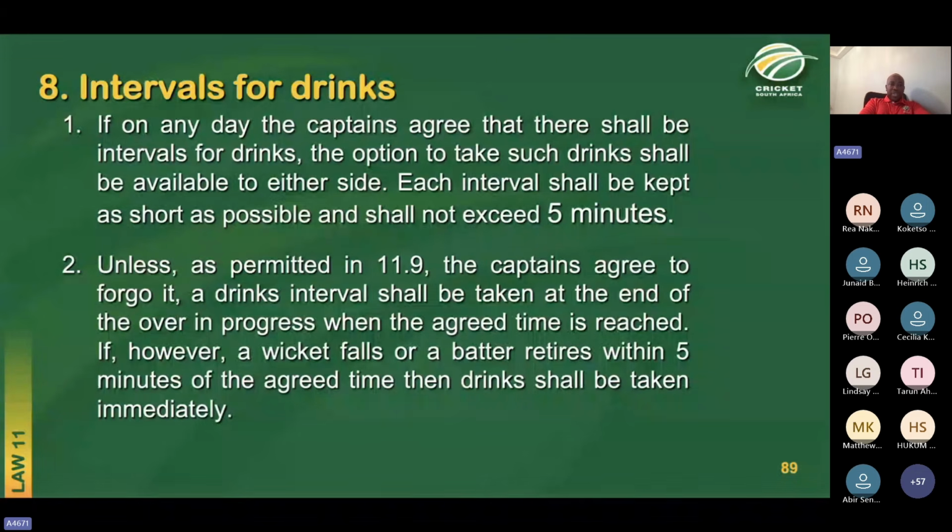Unless the captains agree to forego drinks, a drinks interval shall be taken at the end of the over in progress when the agreed time is reached. So I mentioned to you that our test match sessions are 2 hours long, and halfway through a session, drinks will be taken. So if it's a morning session that started at 10 and lunch is at 12, then our drinks break will start at